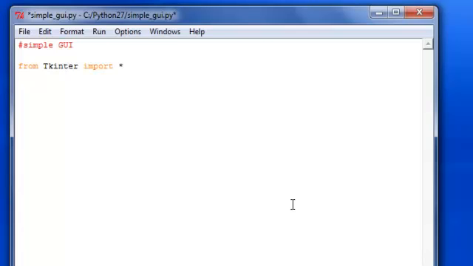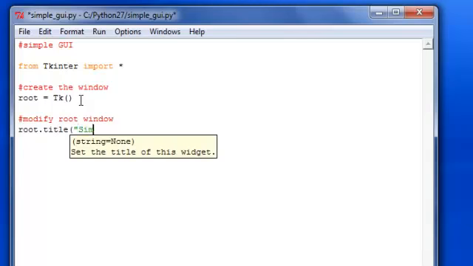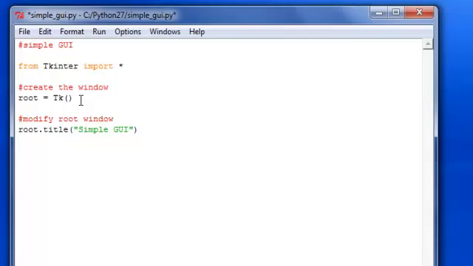Now we gotta create the window. To do that, it is root equal Tk. Make sure you spell it exactly how I spelled it here. And we're gonna modify the root window by doing root.title, and you can name it whatever you want. I'm gonna name it simple GUI, and